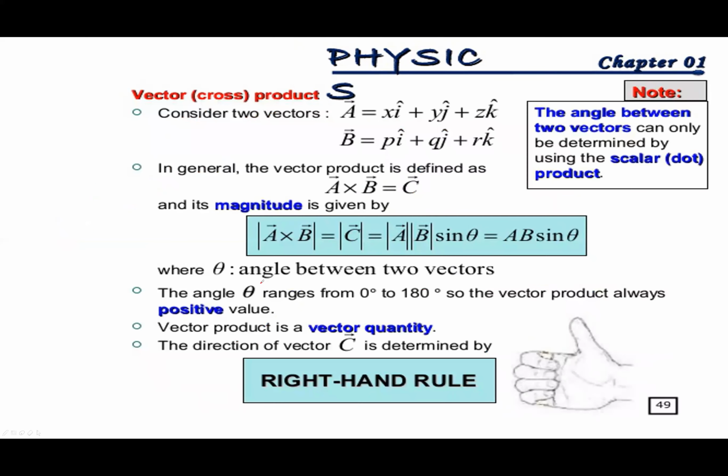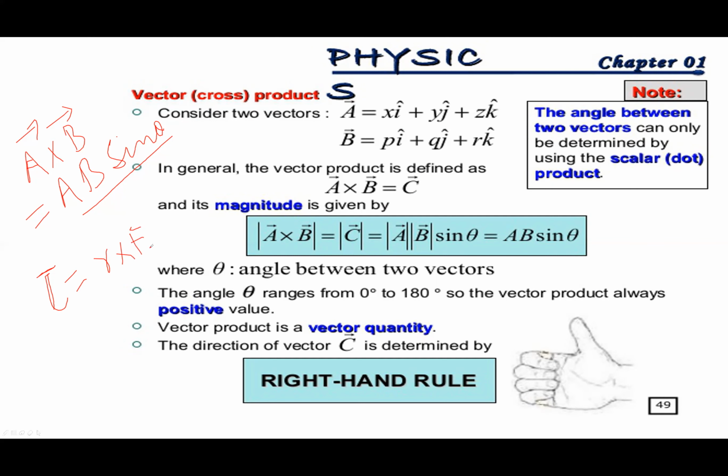Now, cross product. When two vectors are multiplied in such a way that they result in a vector quantity, for example A cross B is equal to AB, where cross is replaced by sine theta. So when two vectors are multiplied in such a way that the result is a vector quantity, it is called a cross product. Torque is an example of this one. Torque is equal to R cross F.